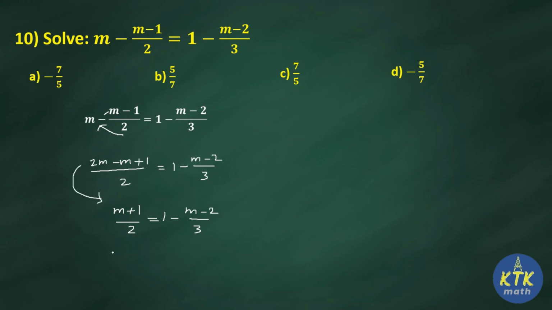Okay, now here what I'm going to do, (m plus 1)/2, this entire term, that is (m minus 2)/3, this term I'm going to shift to left side. So it's already negative there. When it comes here, it will be positive. So (m minus 2)/3 is equal to 1. See, make sure you should not change the symbol here. Okay, don't change this minus 2 into plus 2, because this entire term only negative is given. That entire term becomes positive. Okay, you should not change inside the numerator. So (m plus 1)/2 plus (m minus 2)/3 is equal to 1.